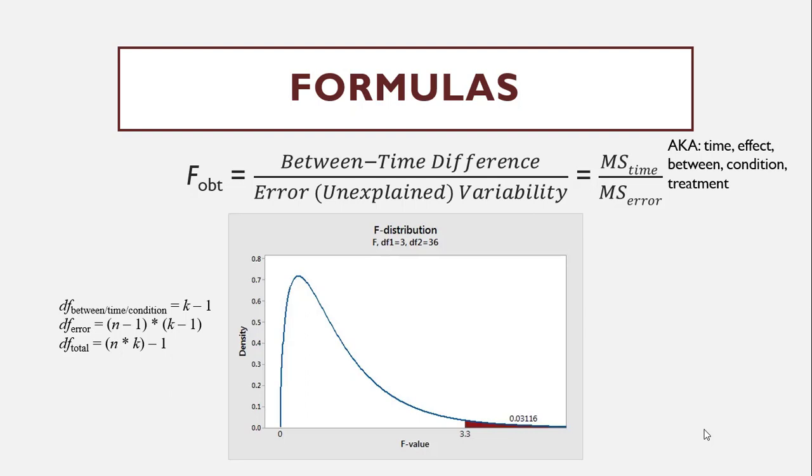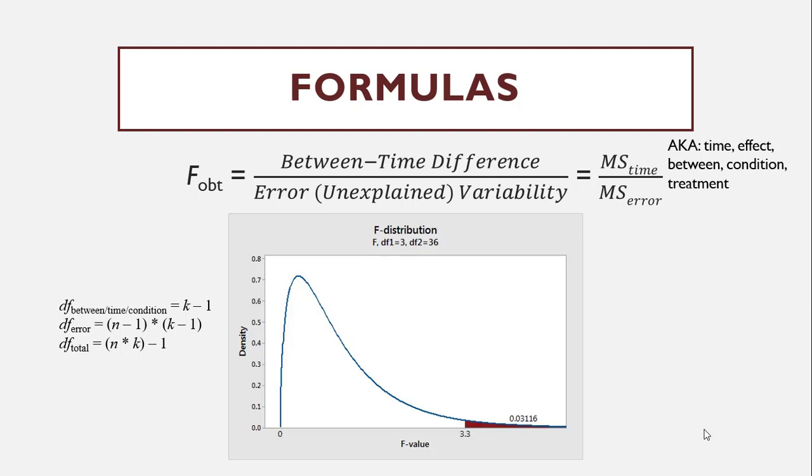All those would still apply. It's going to be similar to what we saw before though, where K minus 1, so the number of time points, number of groups, minus 1. The error term is going to be the number of individuals minus 1 times the number of groups or number of conditions, number of time points minus 1. And then the total degrees of freedom would be equal to the number of people times the number of groups